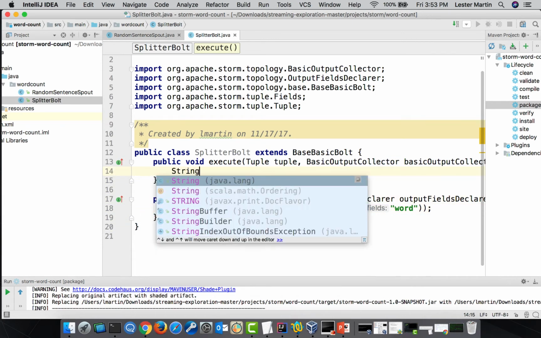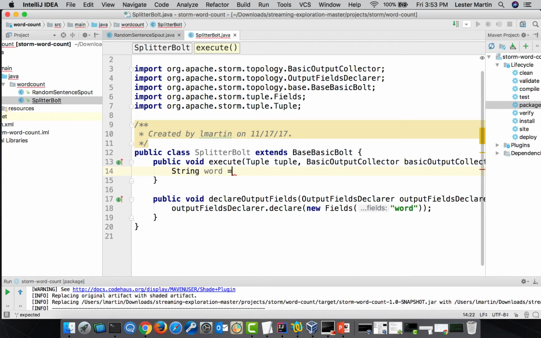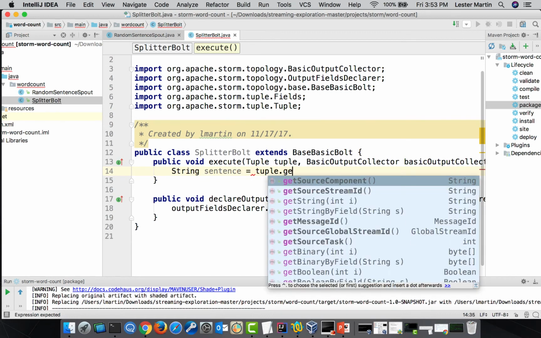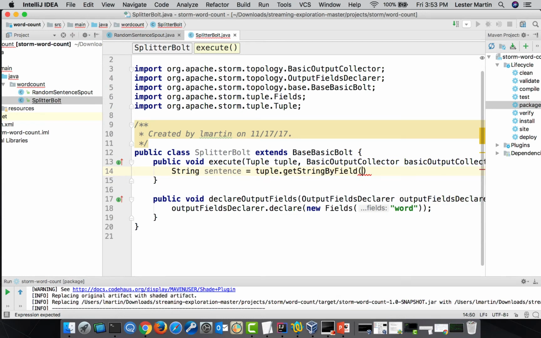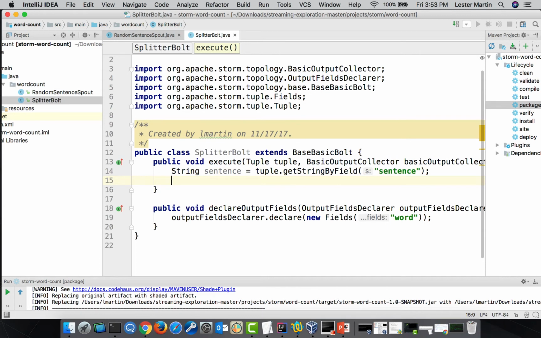So what do we need to do? We need to grab the sentence from the tuple. So let's say tuple.getStringByField, and the string name was sentence. So there we go, we got our string sentence. From here, you can do whatever kind of logic you really wanted to do. And I guess I could have wrapped that a little bit. I can say something like,